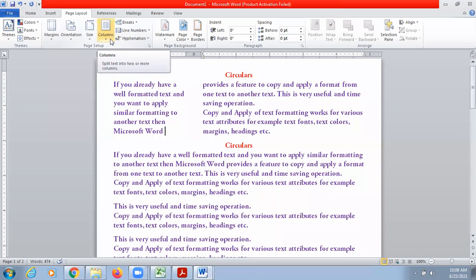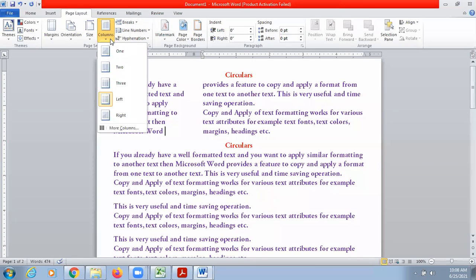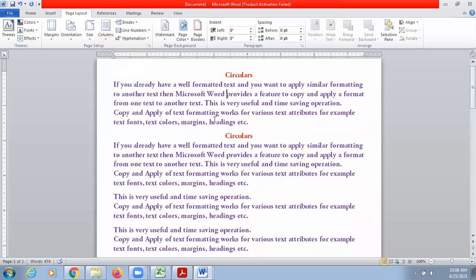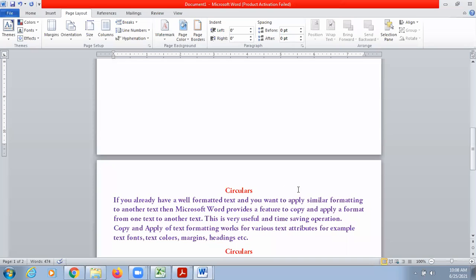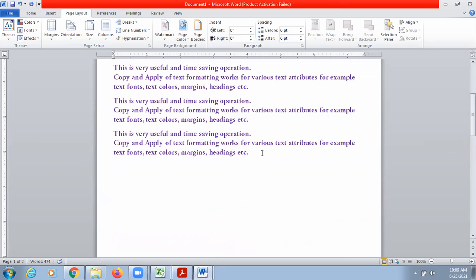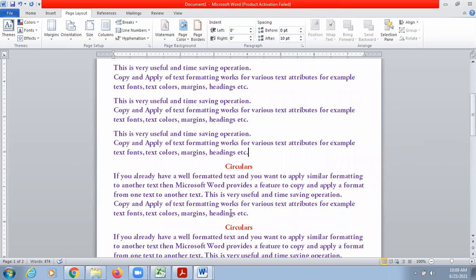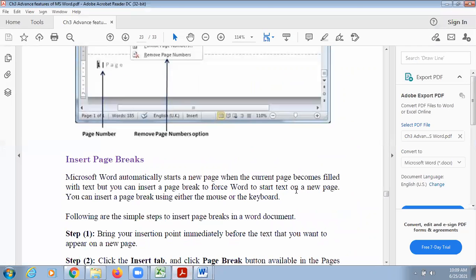Next, after column break, if you want to display your content in a normal way as it was previously, you can choose one option. It will appear in your previous form, in a single paragraph, right? And how to delete a page break which we have inserted? Now here I have inserted a page break and shifted the content to the next page, and I wanted to delete this page break. So I just need to press the delete key. The content will automatically shift to my previous page. Clear? This is how we can remove a page break also.